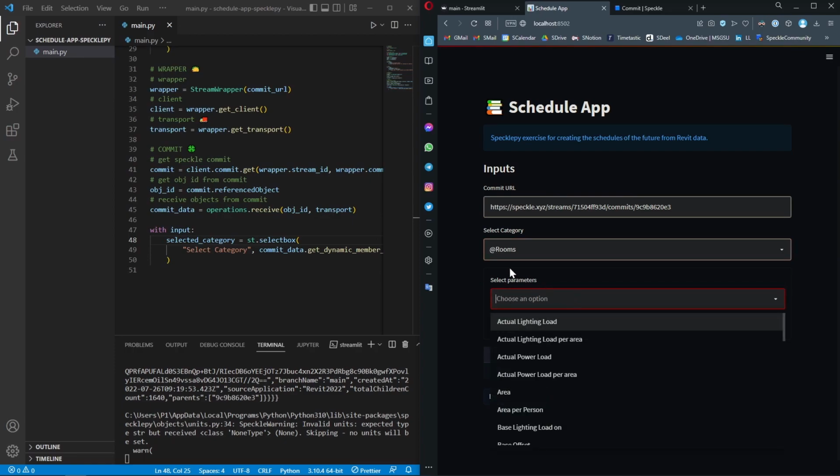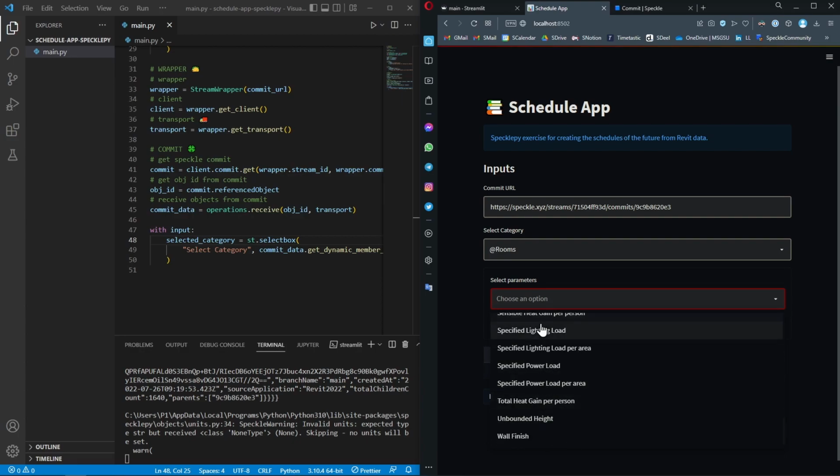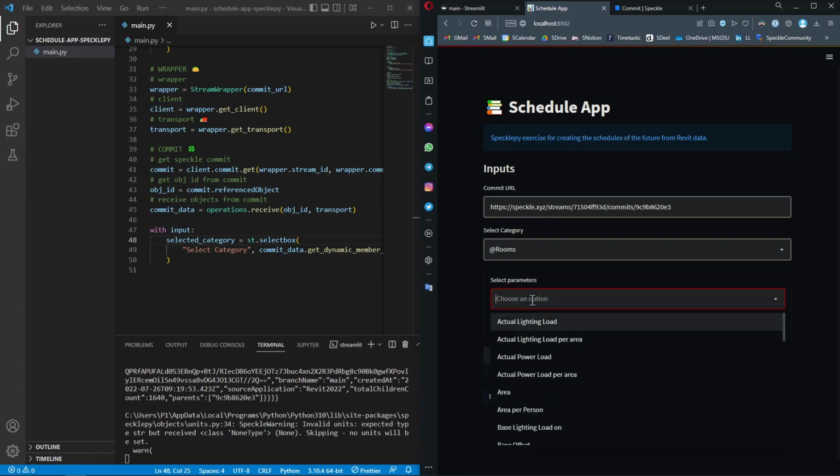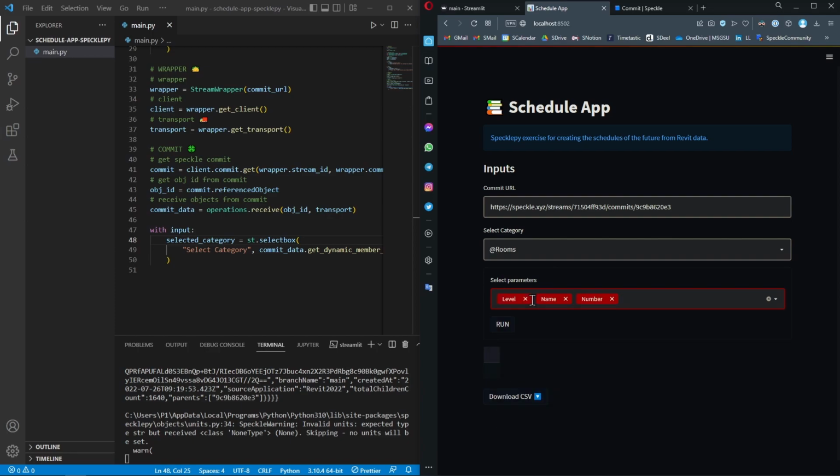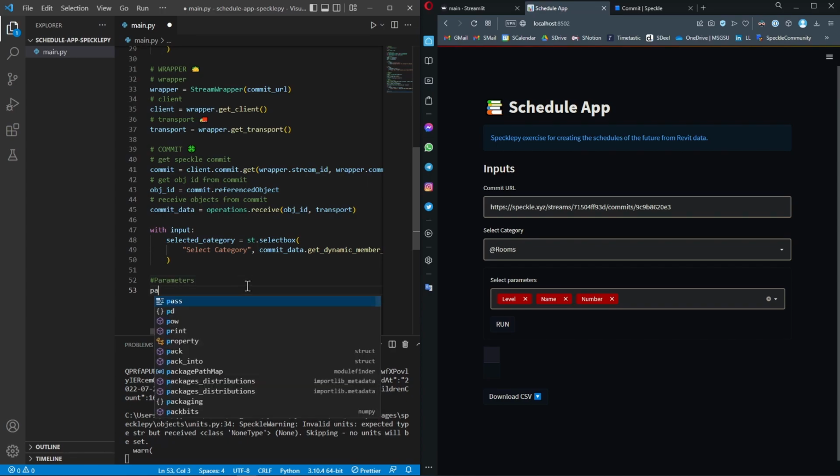So all the parameters related to this category will be listed in this menu. And this is a special menu, actually. So users can actually select multiple things like level, name, and number, and so on. So first I need to get access to the parameters inside of rooms. How can I do that? So I'm going to create another variable called parameters,